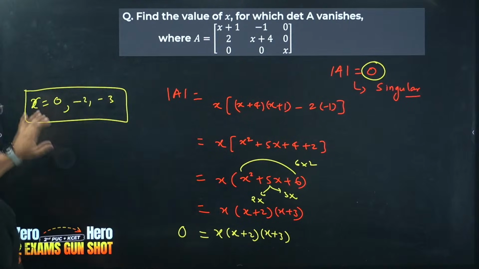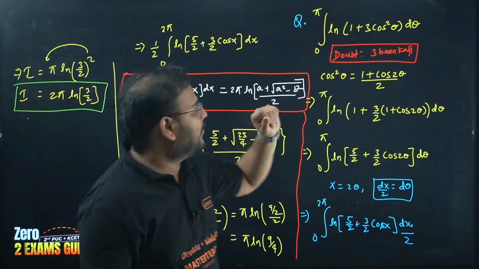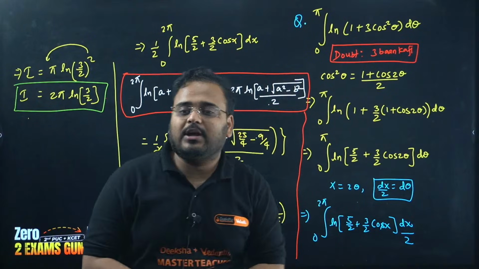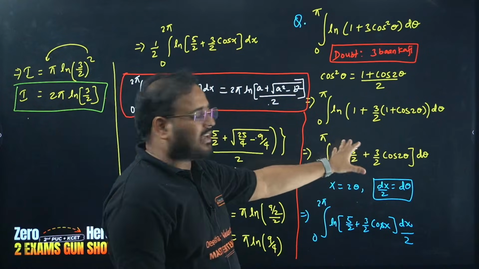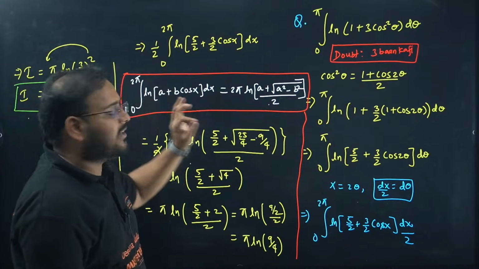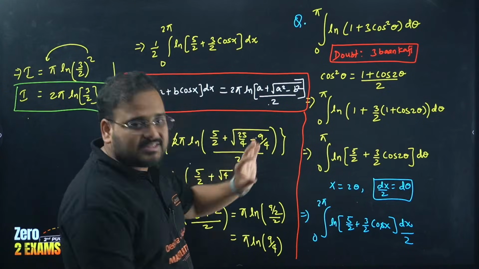Okay? Moving on. Now, this was a doubt from Teen Ban Kafi here. As I promised him, you can come to the session and get your doubt cleared. So what I've done, I've solved it for you to save some time, because the chapter we're going to discuss today here is determinants. But it's okay for you. I'm going to take 1 minute of time of others and explain it to you.